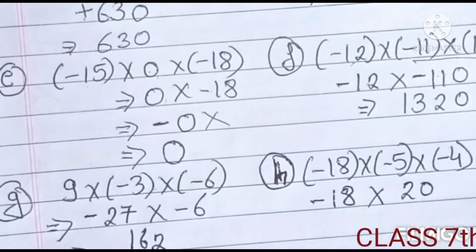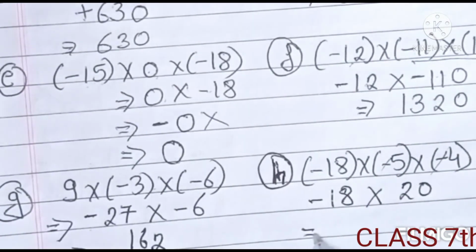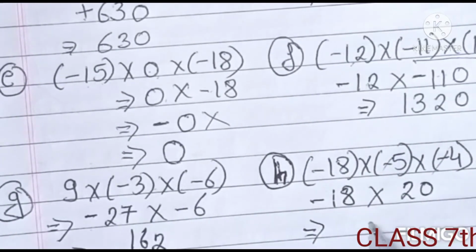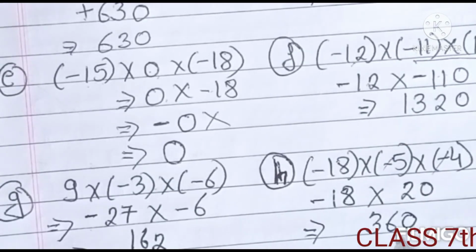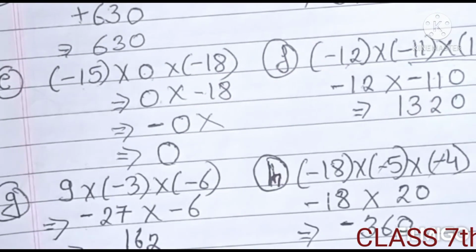Minus minus cancel. Clear? Minus minus cancel. Now 18 into 20 will be 18 2s are 36 and 1 0 is there, so put 1 0. 360. 18 2s are 36 and 1 0 is given, so put 1 0. So 18 into 20 will be 360 and 1 minus sign is given, so it will be. अब ये क्यों नहीं कैंसिल हो रहा? ये किससे कैंसिल होगा? एक ही माइनस साइन है, अगर यहाँ भी माइनस होता तो कैंसिल हो जाता, बट ओनली 1 साइन इज गिवन, सो पुट द माइनस साइन. Minus 360. This is the answer for the H1. Now moving to the I1.